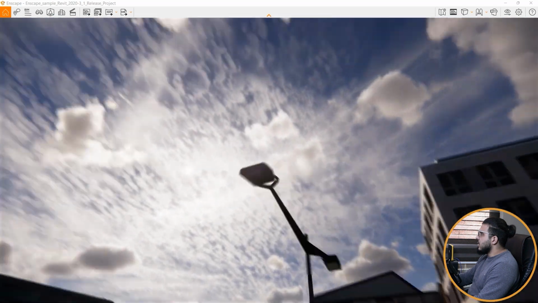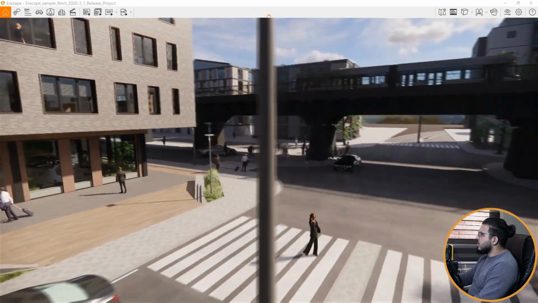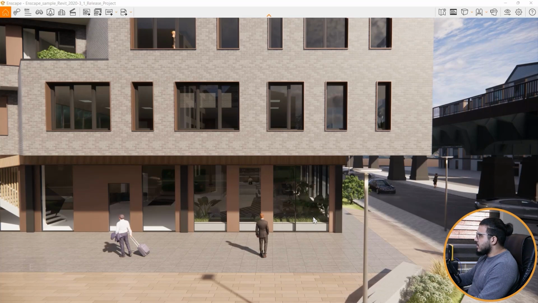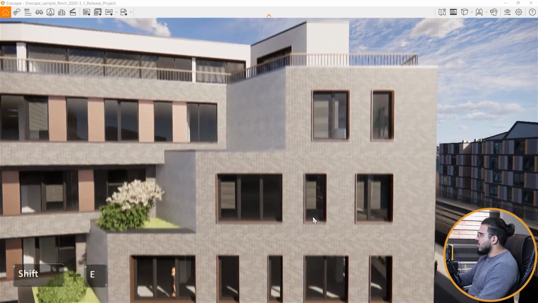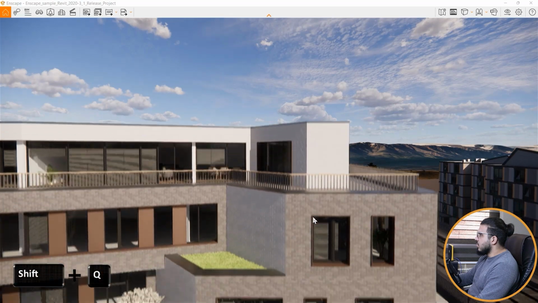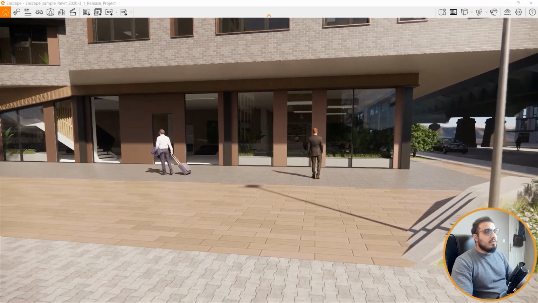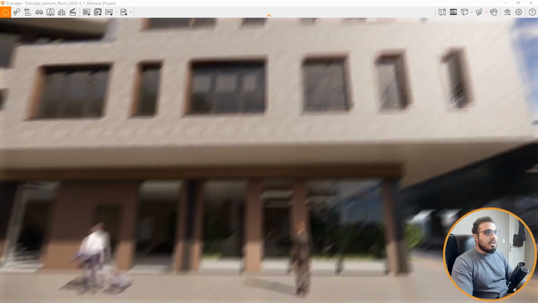I can use any direction with the left click and just look around. And also if you want to be, for example, in here, and I want to increase the height of my camera or the person that we have, you just need to press E. It will go up. You can do the exact thing with a higher speed, shift and E. And I can do the opposite with shift Q or Q alone. But it just works in fly mode. It doesn't work in the walk mode. So you can just use that in fly mode.